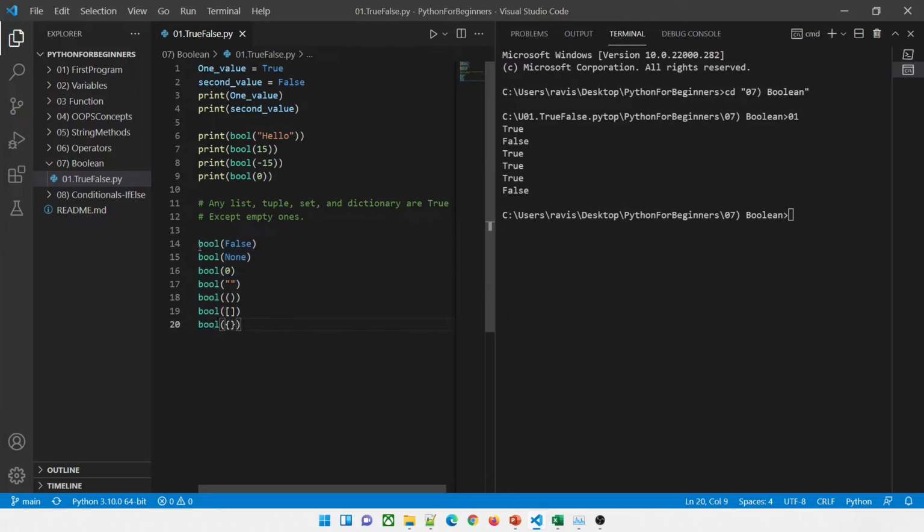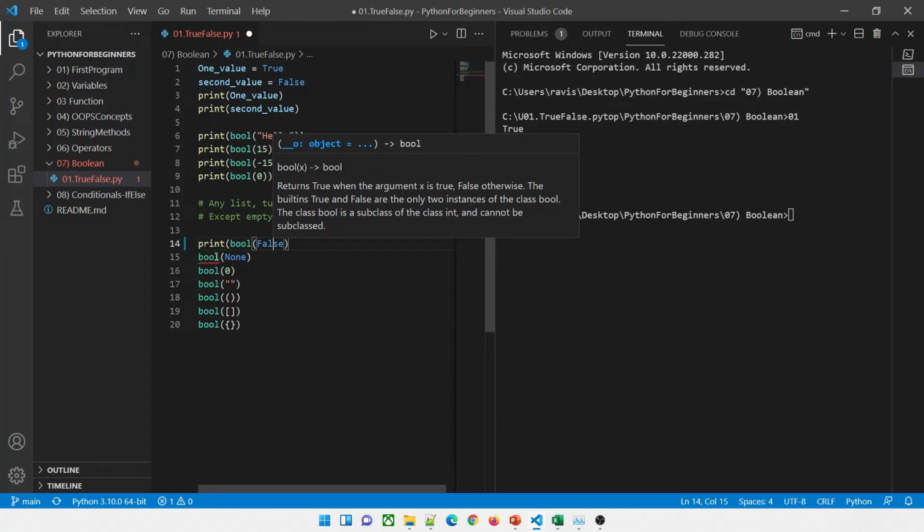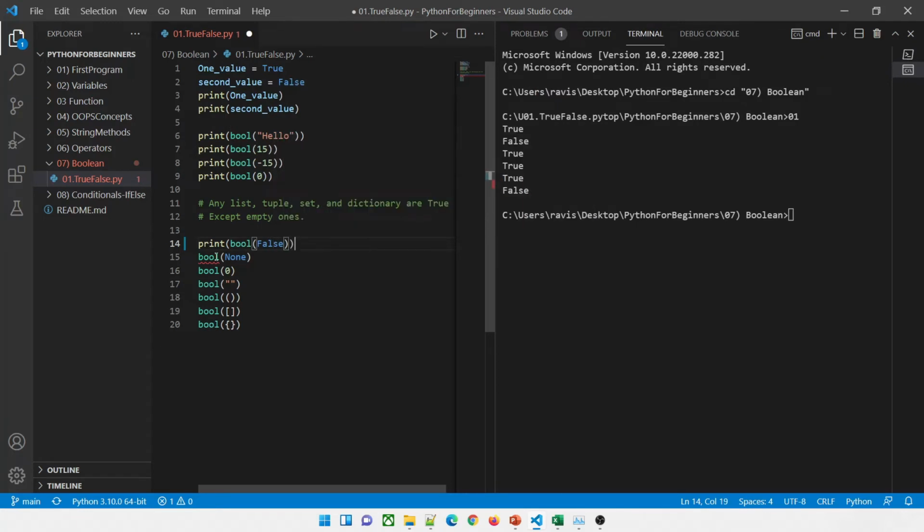Okay, now let's try to print these values. Let's type print over here, and we'll print this value and see how it works. I'm quite sure that all of these will give the same value. So let me print this, and this, copy and paste.